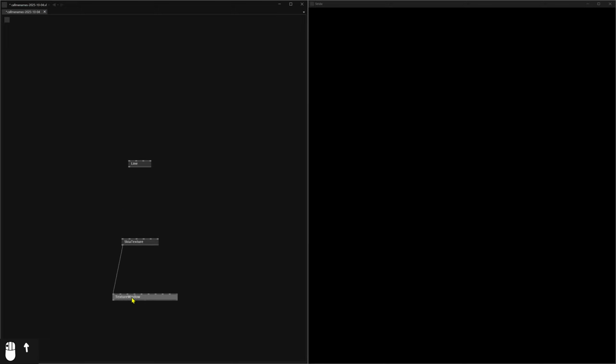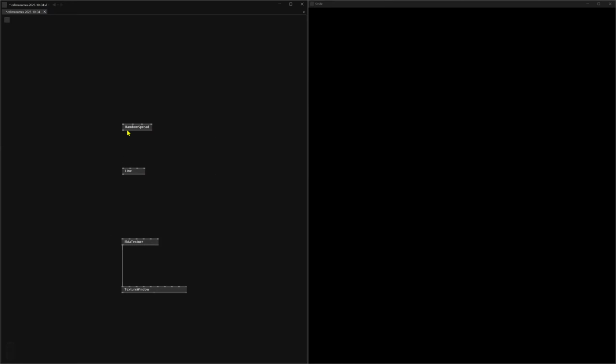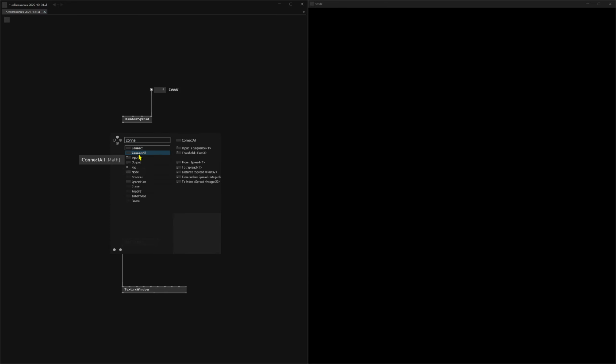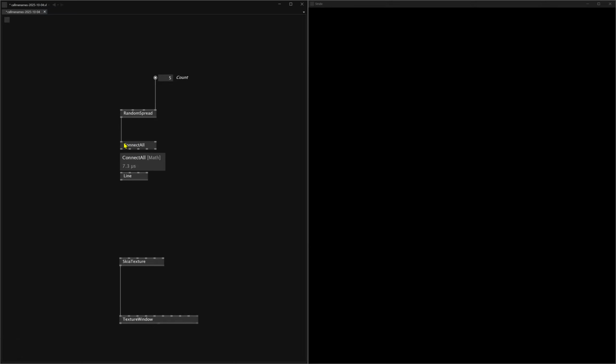Maybe I zoom in a little bit. And the line needs point A, point B. Random spread 35. And then we can use the connect all node, and I think this allows us to connect all the points from a spread,